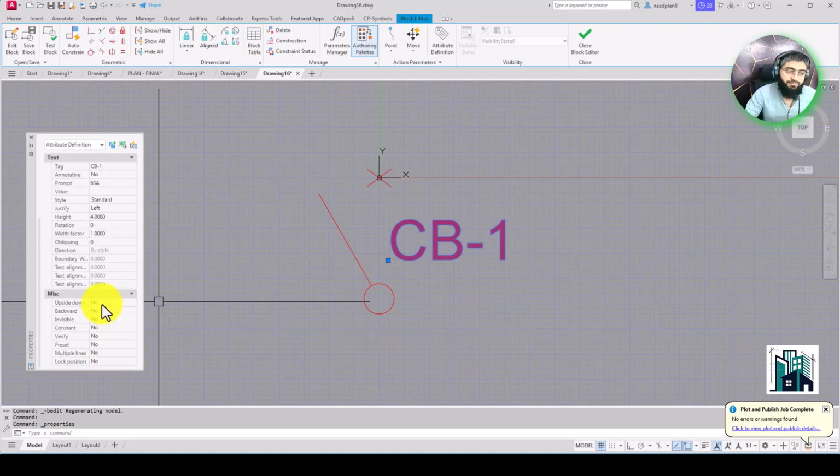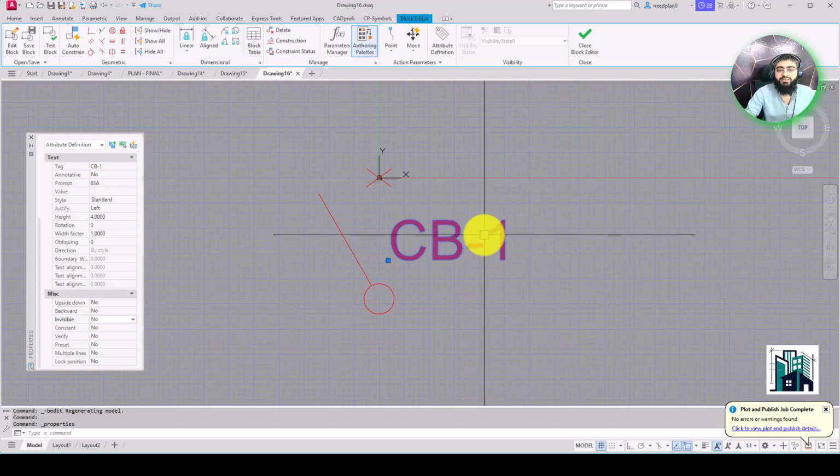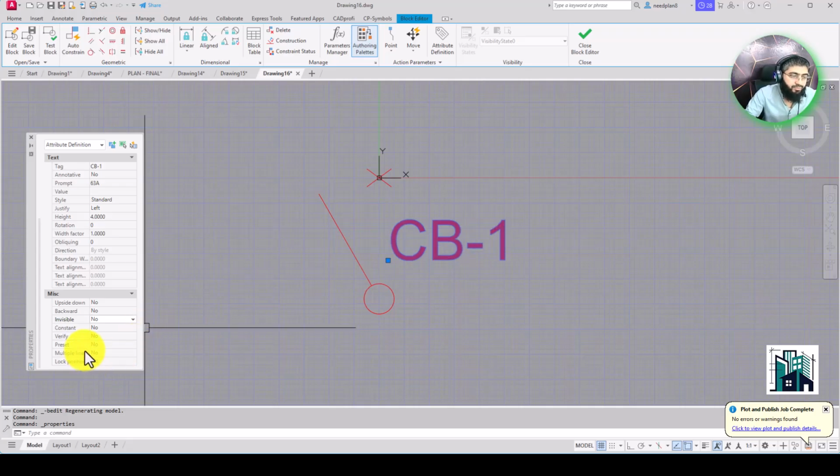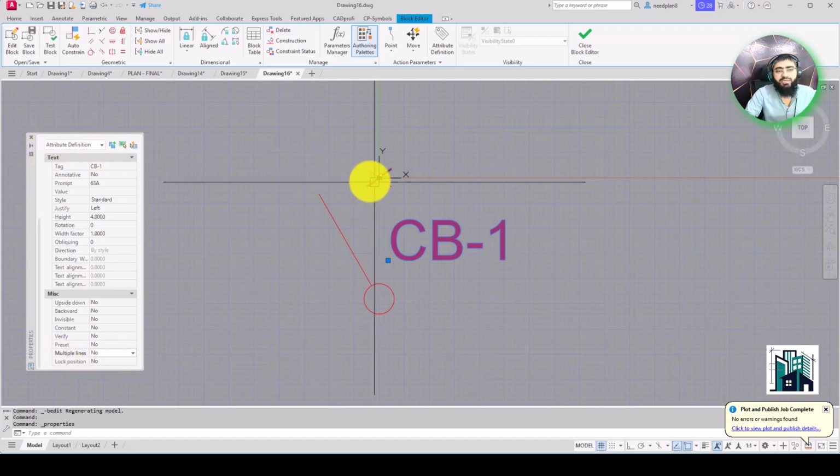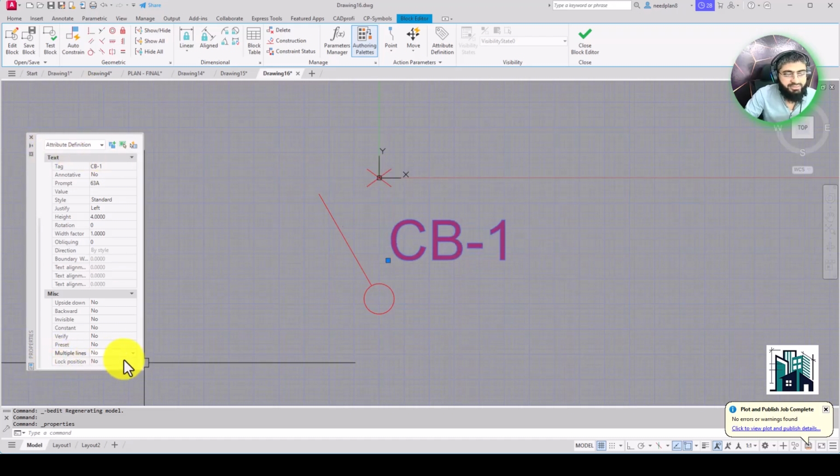So you see a lot of options: upside down, backward, invisible. When I click invisible, this will not appear in the drawing in front of us. So we see multiple lines here, and then send. So you don't need to do other things, just click here.